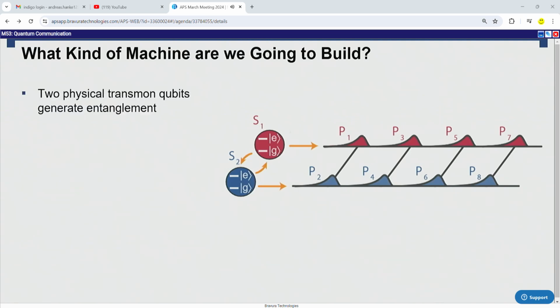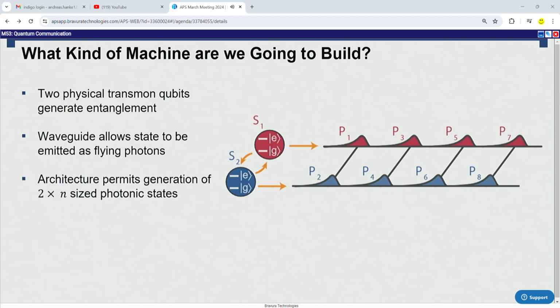Well, we're going to start with two physical transmon qubits coupled to one another and tunably coupled to a waveguide. The waveguide will allow us to emit the state of these two transmon qubits as flying photonic qubits. So this architecture is going to permit us to generate a ladder-like structure of entanglement, you can see on the graph there, and we'll be able to generate a 2 by n size